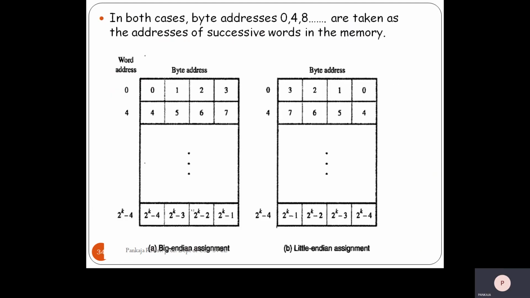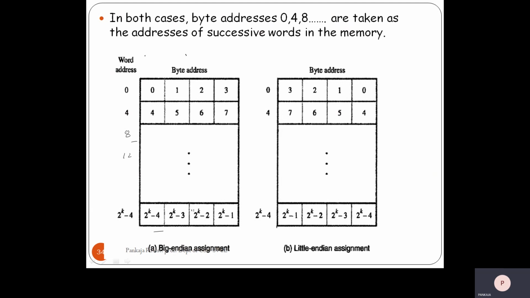In both cases, the byte addresses are the same. I have already shown how to represent byte addresses and word addresses. Taking the complete box as memory, the individual byte addresses are 0, 1, 2, 3, 4, 5, 6, 7. If you group 4 bytes to form a word, the address of the word is 0, then 4, and the next address starts from 8, then 12, and so on.